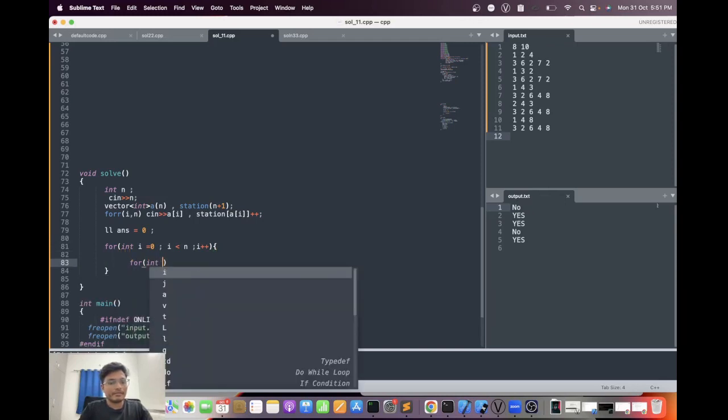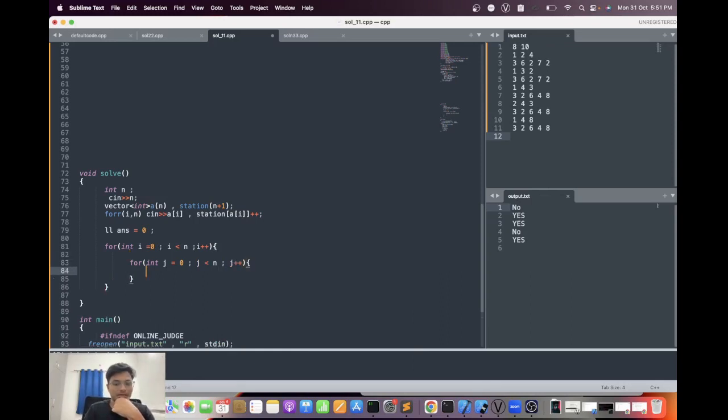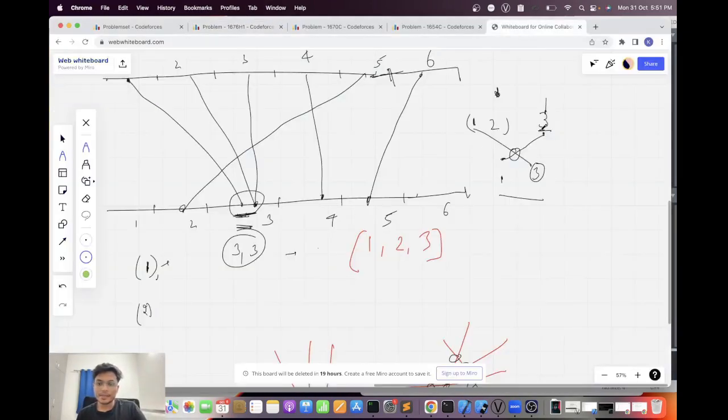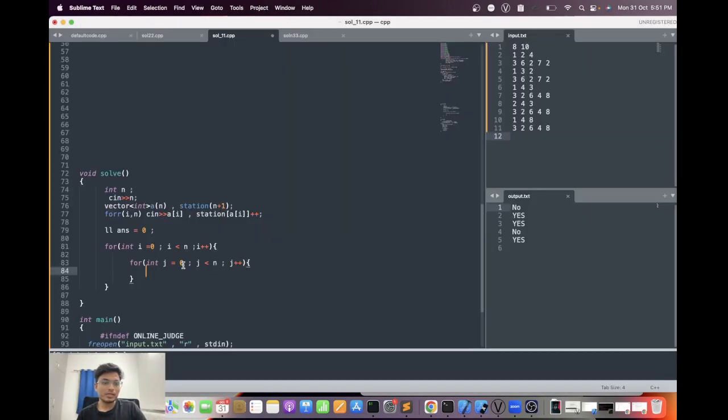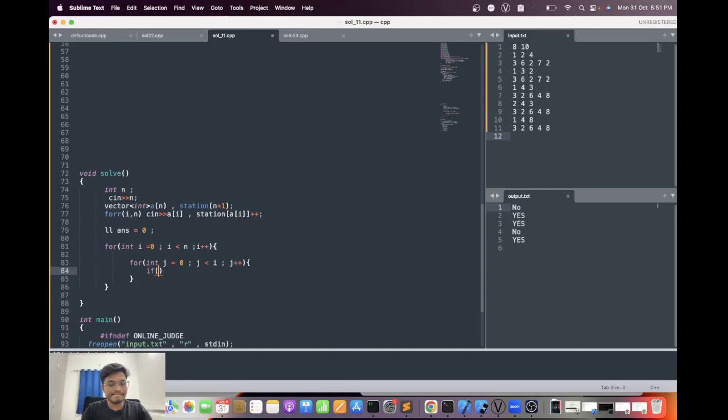तो फिर मैं वही लगाता हूँ। तो अगर मैंने क्या कहा था, पहला स्टेप किया था इससे छोटे, तो जीरो से या इससे बड़े, जीरो से आई तक, इससे छोटे इफ, और एज जो है वो इससे बड़ा है, ये है, तो आंसर प्लस प्लस हो जाएगा। ये स्टेप मेरा कंप्लीट हो गया। ओके, ये हो गया पहले स्टेप मेरा कंप्लीट। अब दूसरे स्टेप में मुझे क्या करना है, मुझे हर एक प्लेटफॉर्म पे जाना है, देखना है इस पे कितने इंटरसेक्शन हो रहे हैं, और आंसर को ऐड कर देना है।